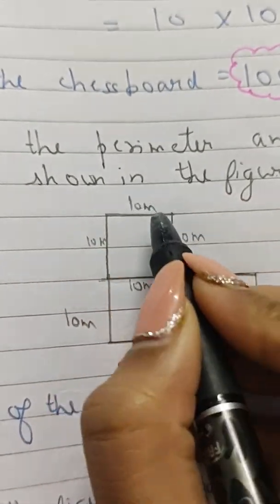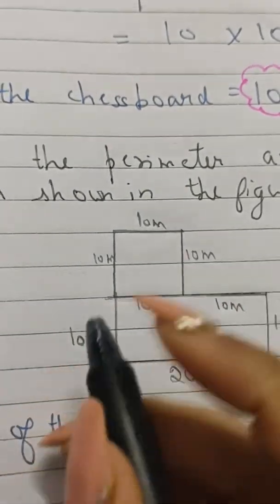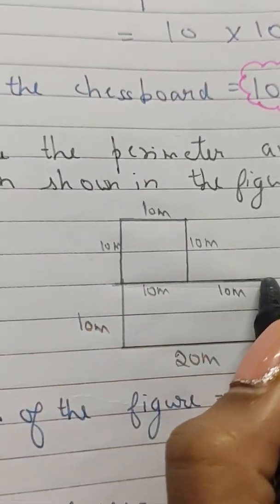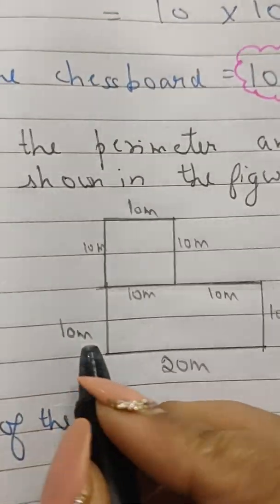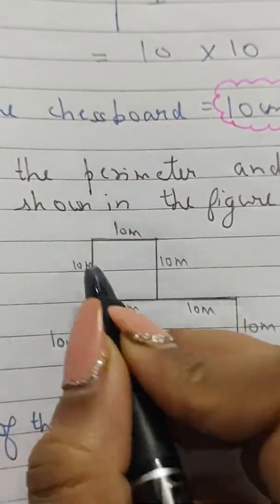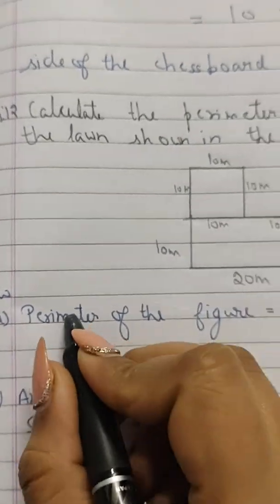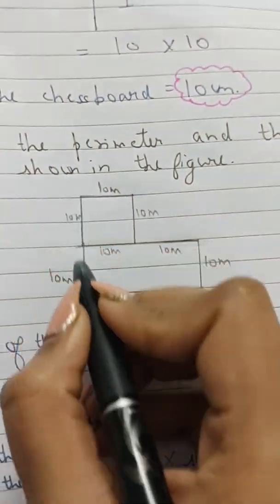So this is 10 meters, so it will be equal to this. So 10 meter, this one 10 meter, 10 meter, and it was written that the whole part is of 20 meters. So 10 plus 10 is 20. Now, as this is also given 20 meters, we will divide this as 10, 10. Okay, so this one I have given you as homework. You just have to simply add.